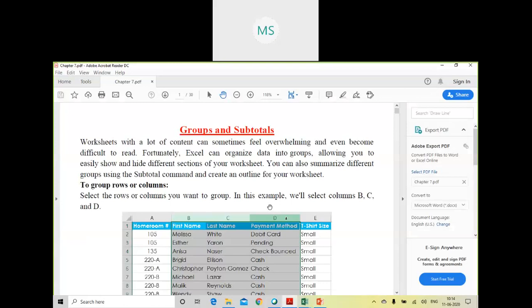Now, a worksheet consists of lots of data. When a worksheet has a lot of content, it can sometimes feel overwhelming and even become difficult to read. Fortunately, Excel can organize data into groups.